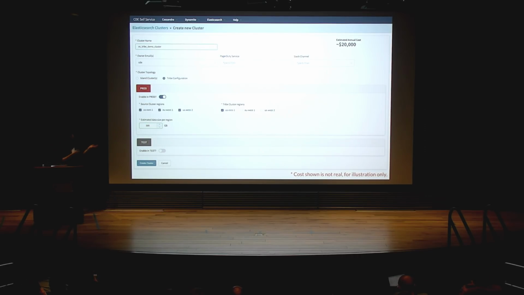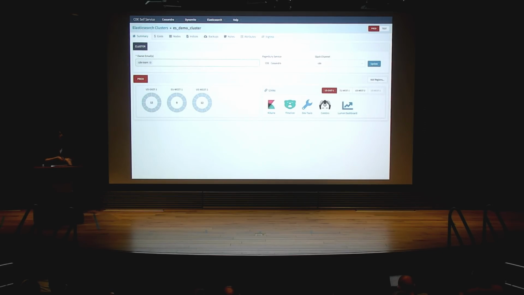So they pick, for example, which regions they want the cluster in, what the data size is. And under the covers, the CDE service translates all of these user requirements into parameters to our automation. You also get a nice little preview of what the estimated cost is going to be. This is purely illustrative only.